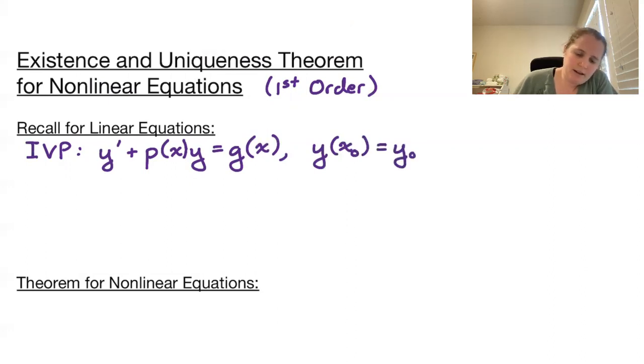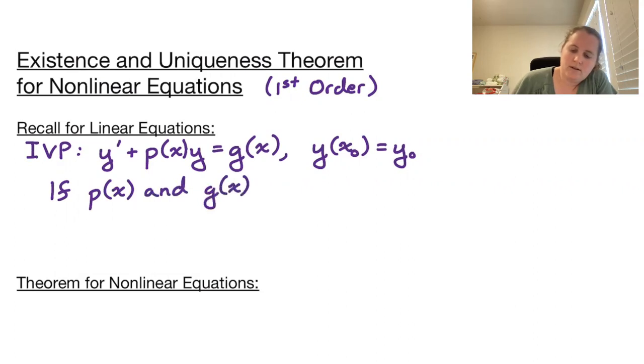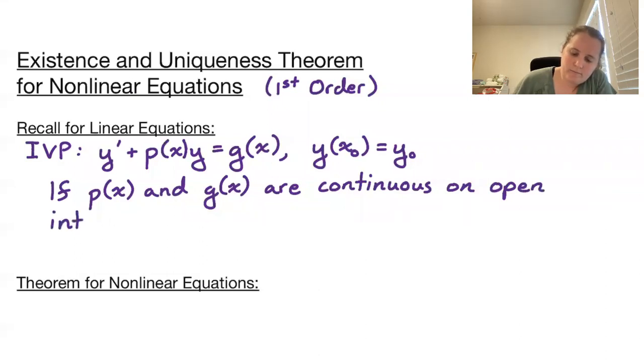Then we had if p of x and g of x are continuous on the open interval AB containing x naught,